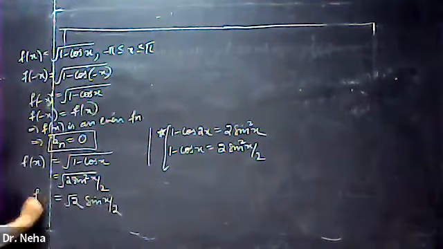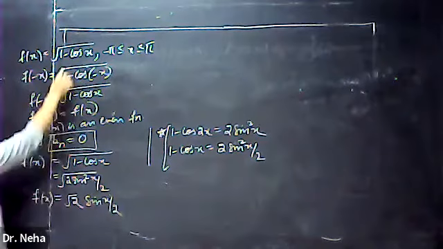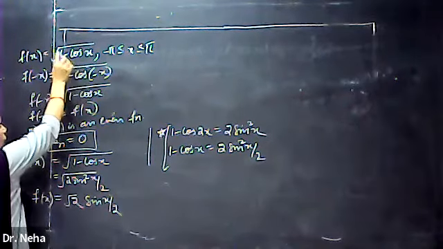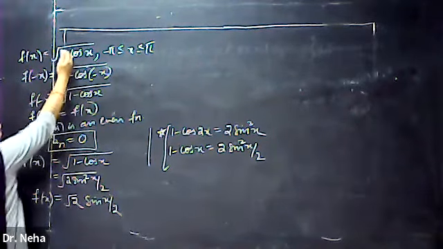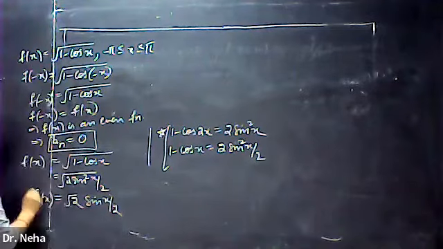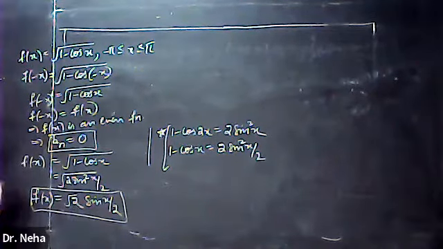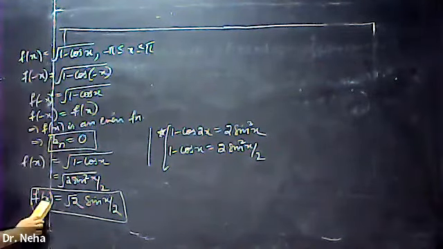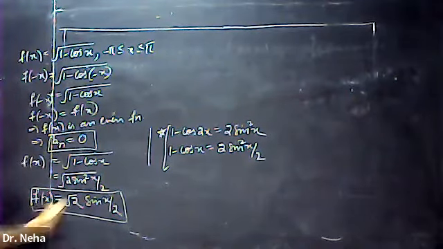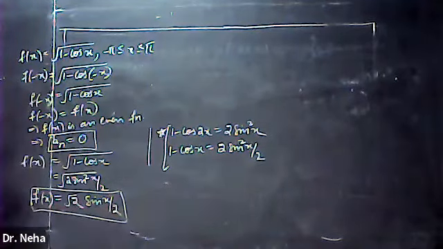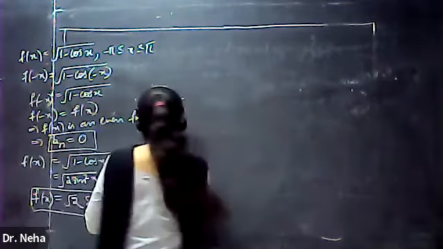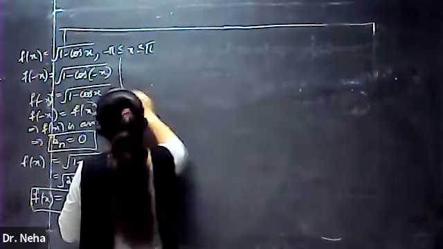So instead of using square root of 1 minus cos x, as we cannot integrate this function, we have converted it into a function which is integrable. We can integrate sine x by 2 in simple terms, right? So instead of taking the original f(x), we are going to use this f(x) for finding the values of a naught and an by using these formulas. So let us start from the value of a naught.